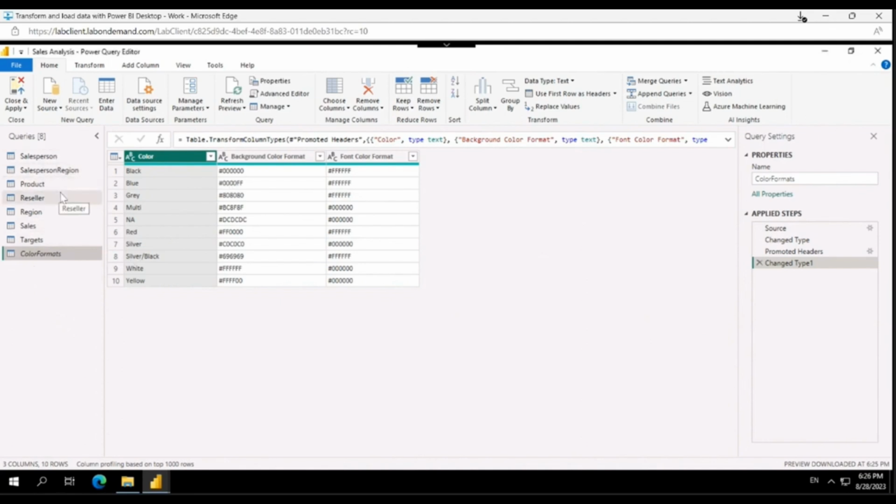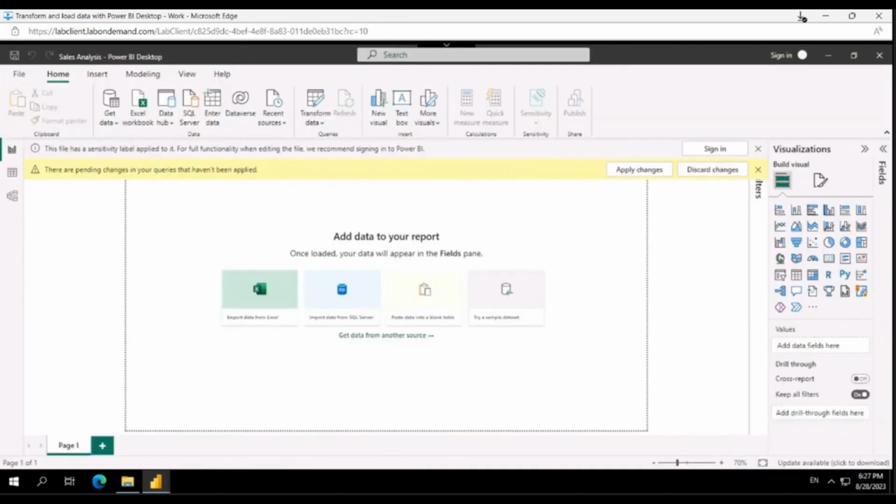So now we've done all the transformation steps for each table, and we have 8 queries here, out of which only 7 will be loaded and this one will not be loaded. So what we'll do now is move this data from the Power Query editor to the data model, so all the tables will be loaded to the Power BI data model. So we click on this Close and Apply button, and as soon as we do,